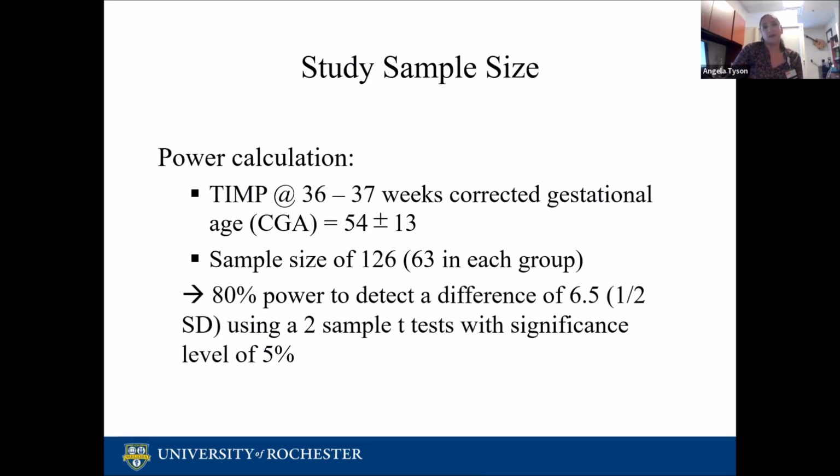We had a study sample size calculation done around a power calculation. And this is really important and lacking in a lot of research studies, particularly in osteopathic medicine. And this has been a really well-designed study, I think, as we did a power calculation based on a sample size of 126 kids, meaning there's 63 in each group. And how we came up with this is the TEMP is reliably